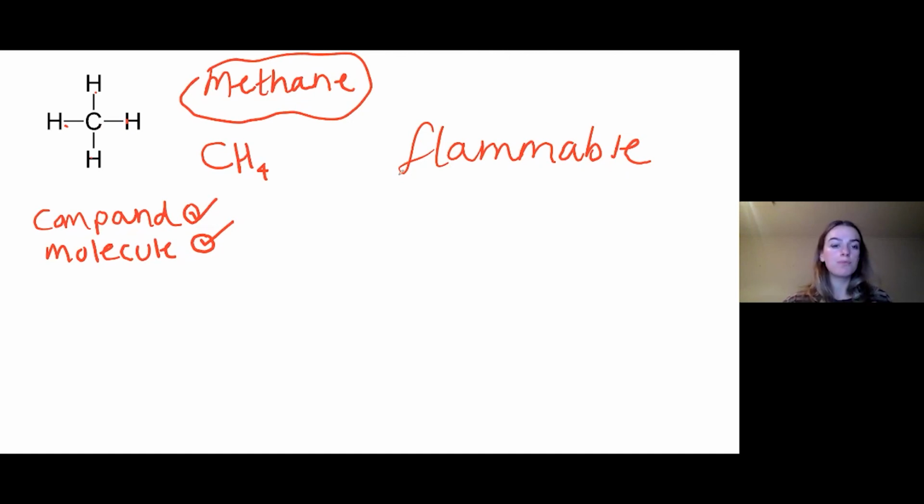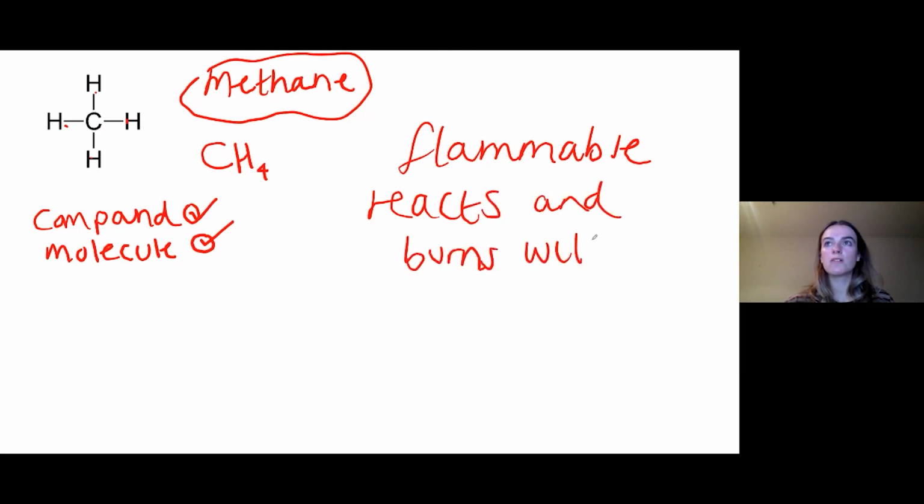Methane is flammable. Now, flammable means it burns well. So flammable means it reacts and burns with oxygen. So I can write an equation here. I could say